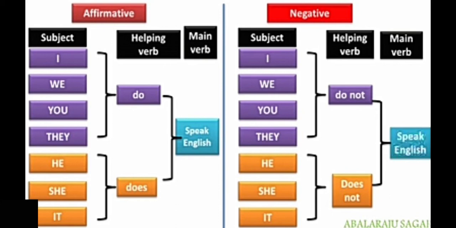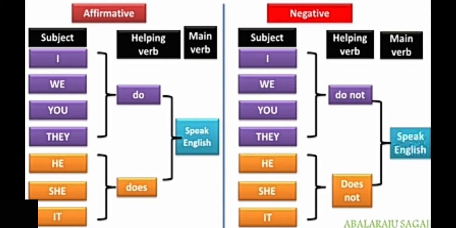In the same manner, does also. One thing we must remember here: while using third person singular in simple present tense, we have to add s, es or ies at the end of the root word. For example, here the root verb is speak. We should not use the same form which we used for I, we, you, they. That is different. They are first person, second person, and third person plural.